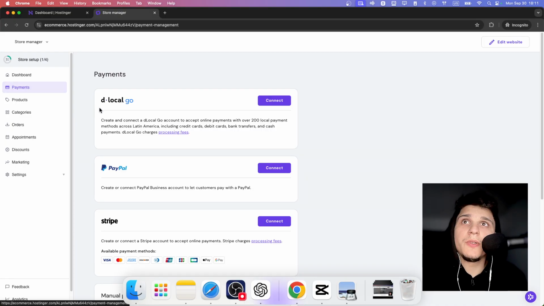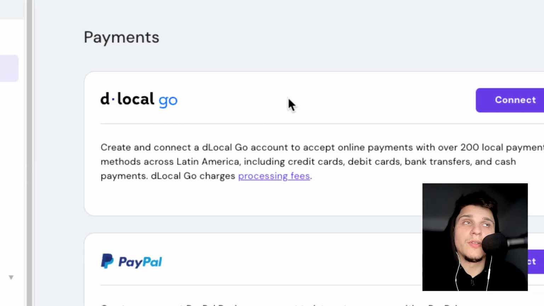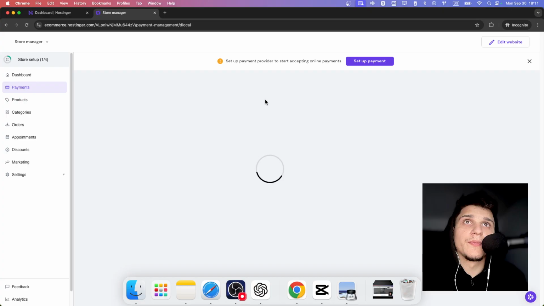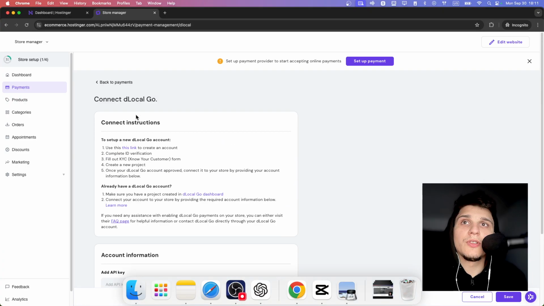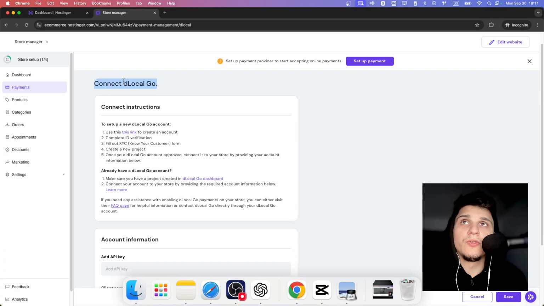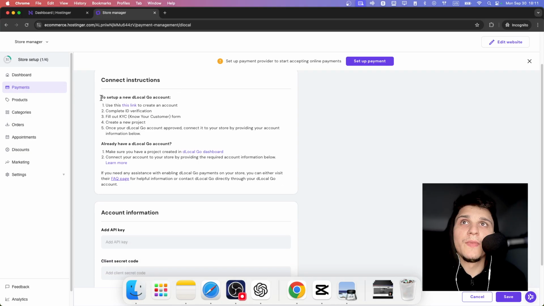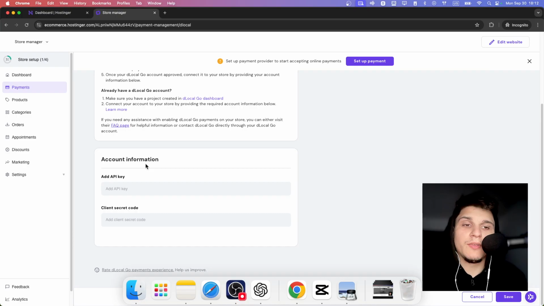Here on payments, we have Dlocal Go. Now just click on connect, and now just connect to Dlocal Go. Okay, here we have some instructions. So if you already have a Dlocal Go account, I don't have one,